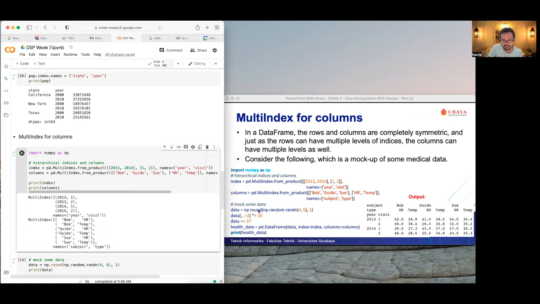Yeah, we can just randomize the data using this code. Data equals np.round, np.random.randn. Because we have 4 times 6 data, right? If we represent the data using a data frame, we will have 4 rows and 6 columns, right? 4 rows because we have 2 years and also 2 visits, right? So it will give you the 4 rows, and we have 3 patients, and each patient will be calculated for